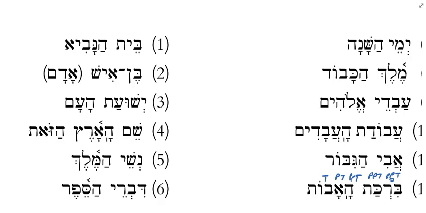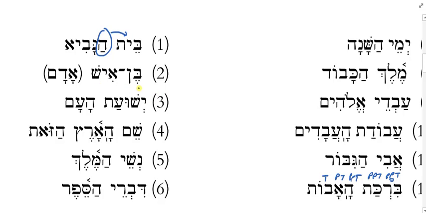Okay. So first one, Beit Hanavi is translated how? The house of the prophet. Now, why am I saying the house? There's no article on Beit. That's right. You never can. So how do I know whether to use the article in English? Where am I looking? I always look at thing 2. If thing 2 is definite, then that makes thing 1 definite, right? Good. So the house of the prophet.